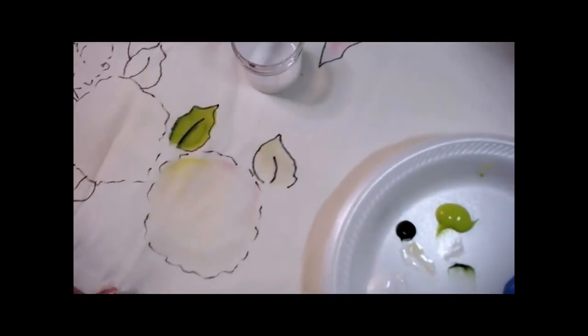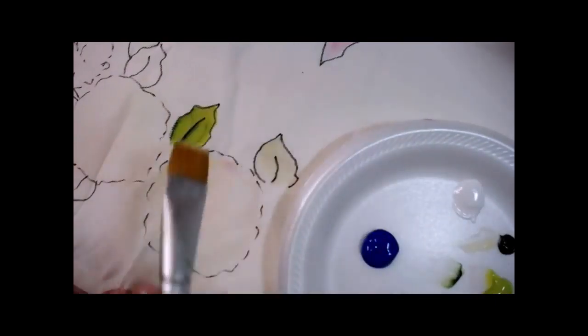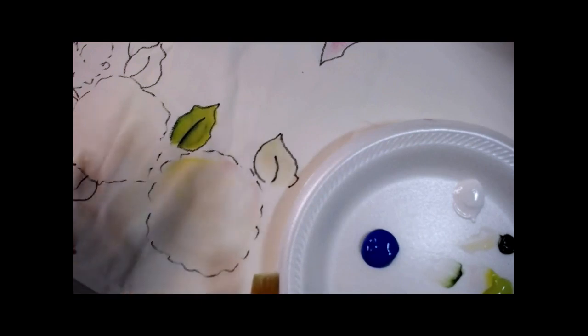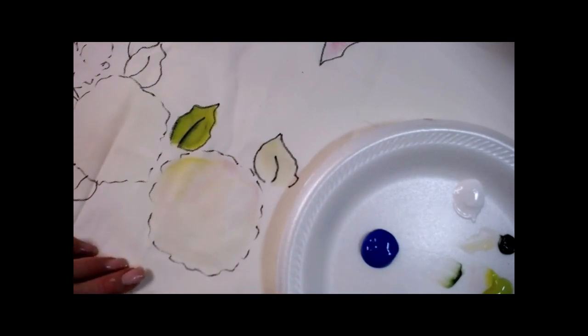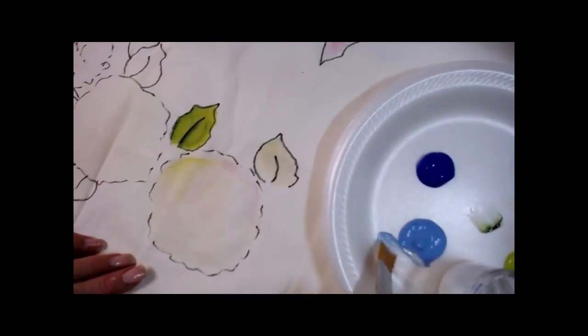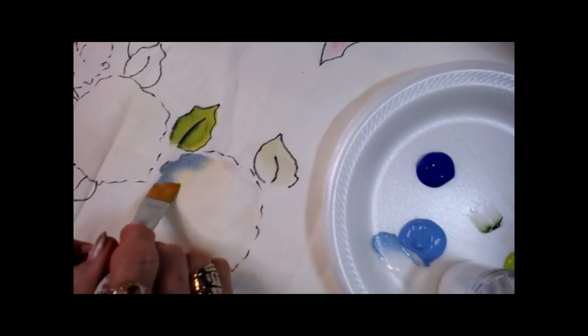All right, now what's going to happen here is I'm going to change my color, and I'm going to go back to my medium. Let's look right here. I'm going to dip my medium. We probably want to keep the medium over here near your plate. My biggest problem is I always get spots, and at the end you can flick it with a fan brush and put these spots all over, and I'll show you how I did that. But I'm going to come over here with the medium on my brush, and I'm going to get my light pink,